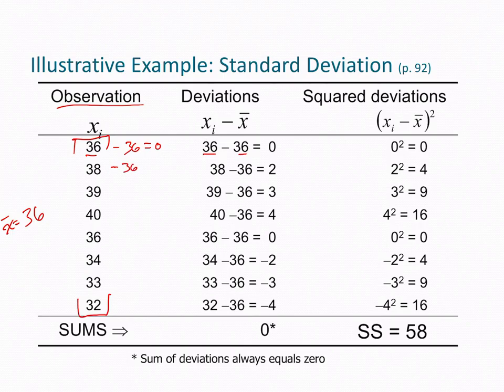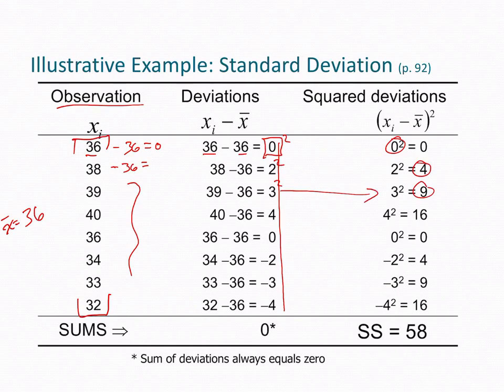38 minus 36, which gives you your notation here. And you keep going all the way down till you finish. These are the values of your deviations. To get your squared deviations, you take the value that you got from your deviations and you square it. 0 squared, 0. 2 squared, 4. 3 squared, 9. You do that all the way down, going over, and you'll have these values,